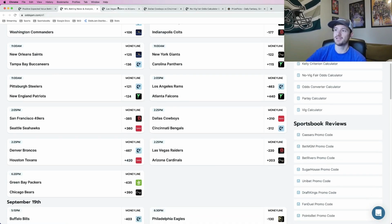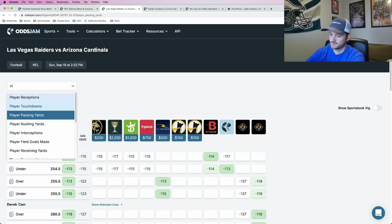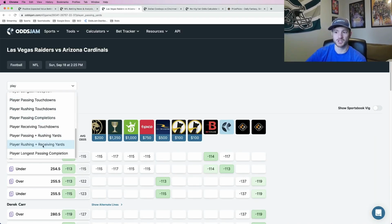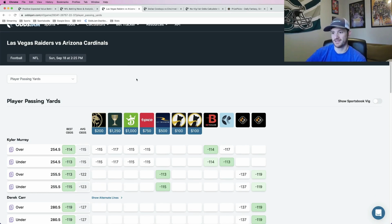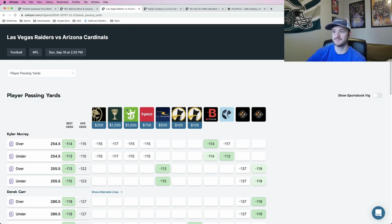And if you click into a game and type in player, all of the player props show up. So you can look at everything. And this page is completely free to use. So if you just go to oddsjam.com and do what I just showed you, you can access this for completely free. So another way in which we can identify profitable PrizePicks selections to add to a play is to not